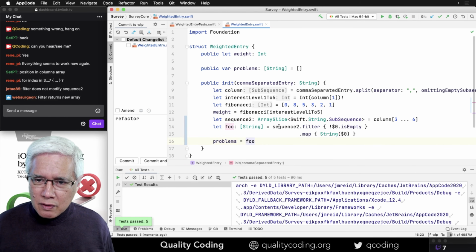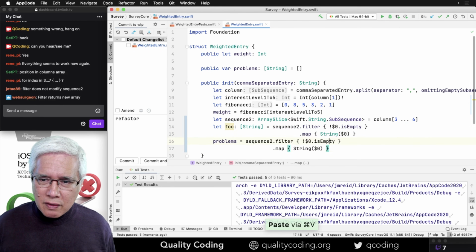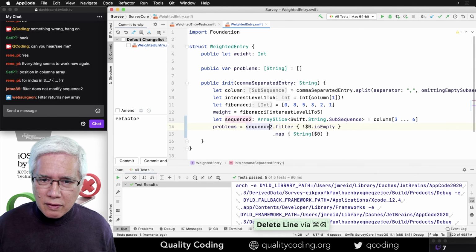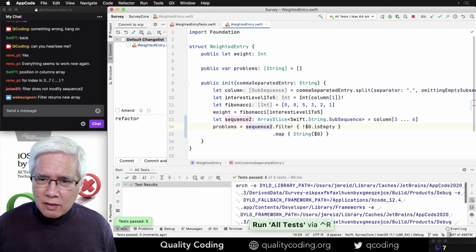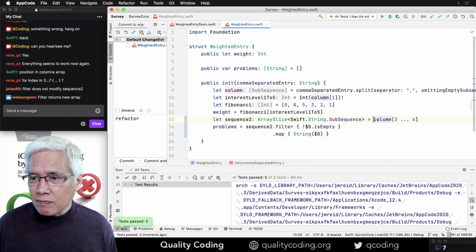So now I should be able to say that. Unfortunately, we don't yet have inline variable in app code.